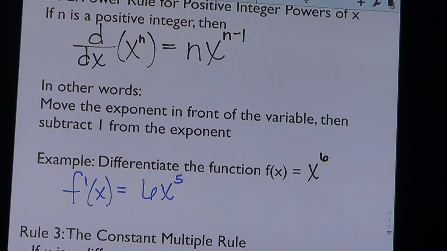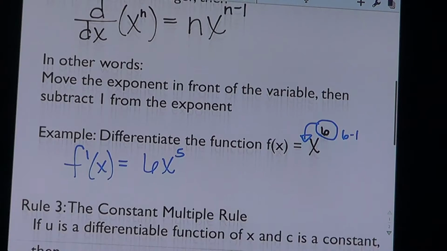Okay. So you take whatever the exponent is, move it to the front as the coefficient, and then you reduce the exponent by 1. Every time you have a power like that. Okay? Alright,